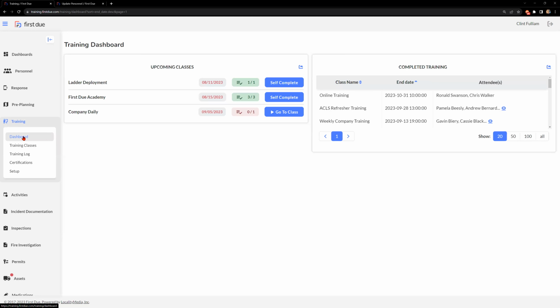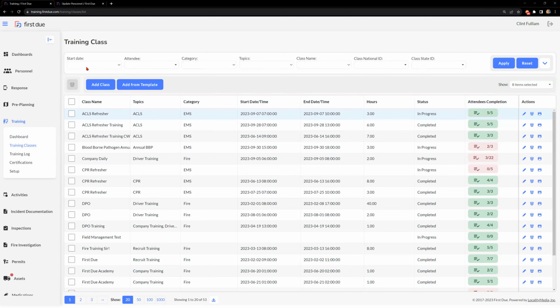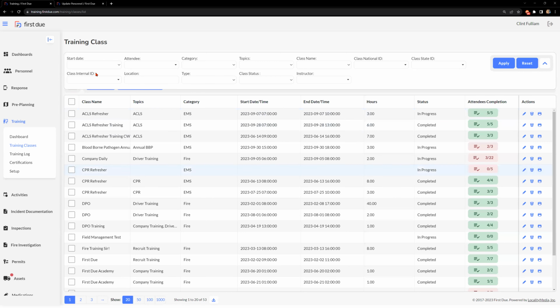Now back to the dashboards. We're going to navigate to the training classes. And from here, you're going to see the advanced search fields. Now, depending on your screen size, you may hit this down arrow and you're going to have more categories to choose from. So you can filter your training classes by start date, by the attendee, by the category, topics,